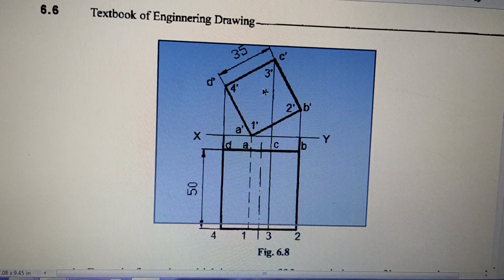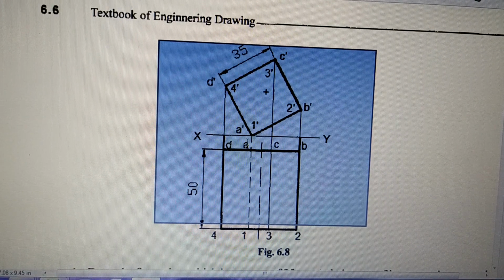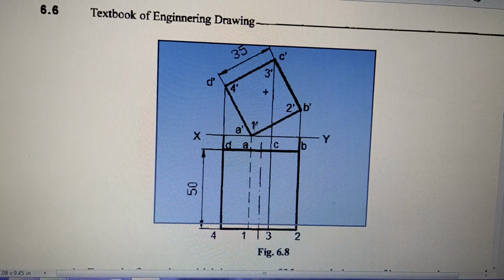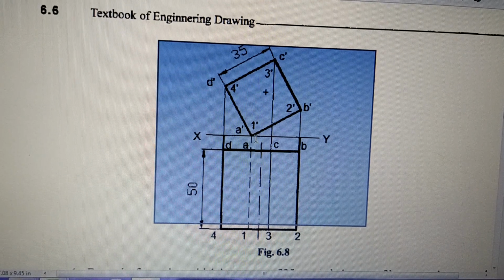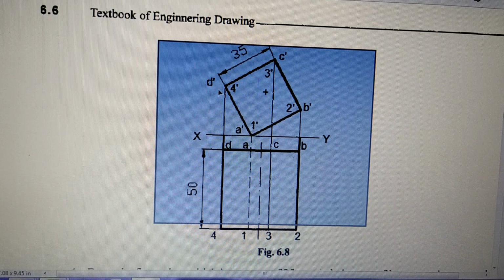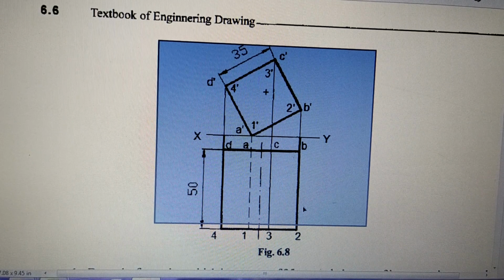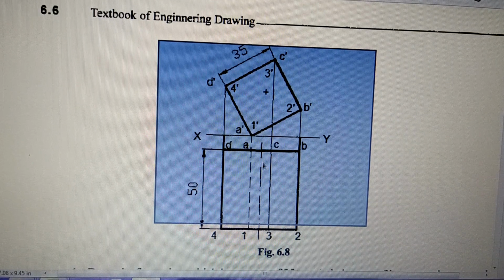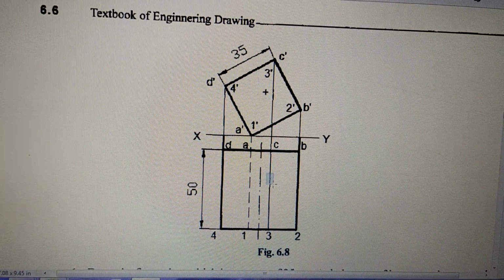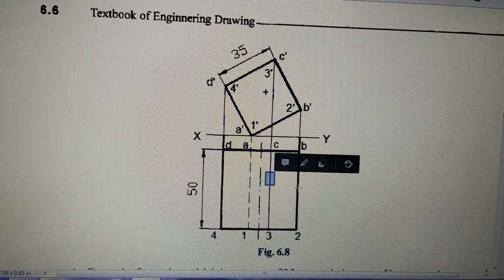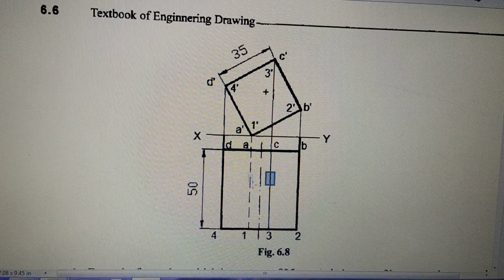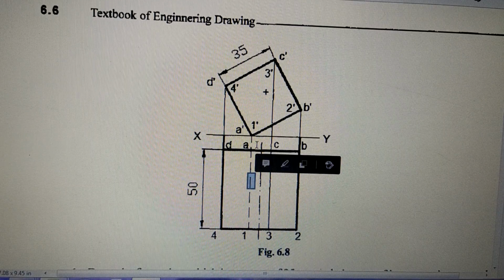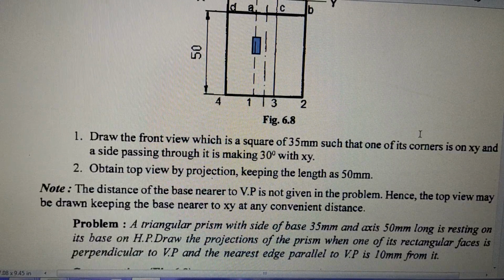So the object is here, and the top view is drawn here. Now the edge at 1 is drawn as a dotted line because when you see from the top, this is not seen. The other 3 edges you can see, they are the outlines. Even these 3 are not properly drawn, but this line also must be as dark as this line. Only this line is a dotted line, line AD. So this is one more problem.